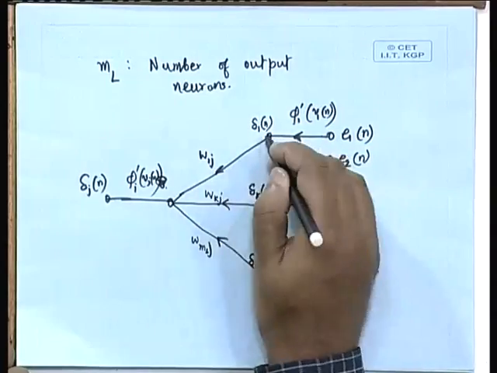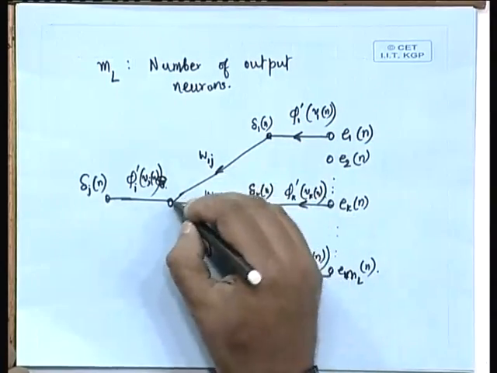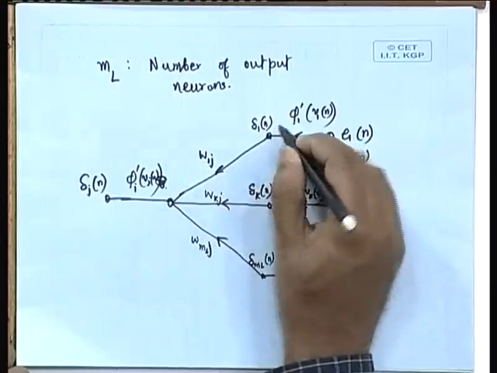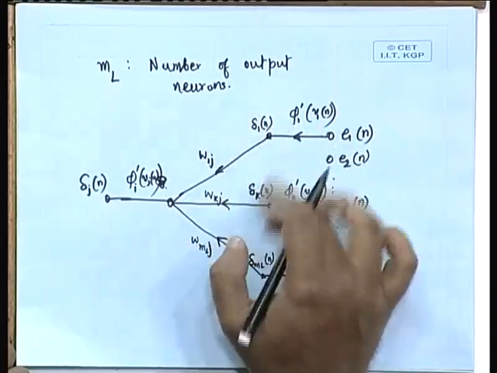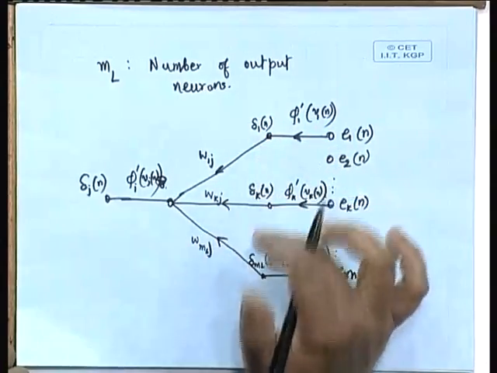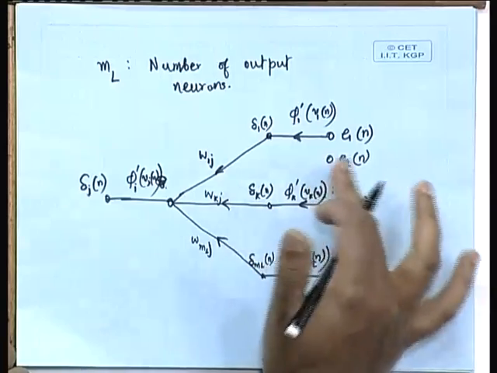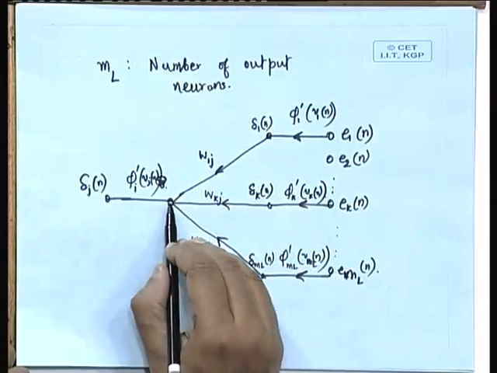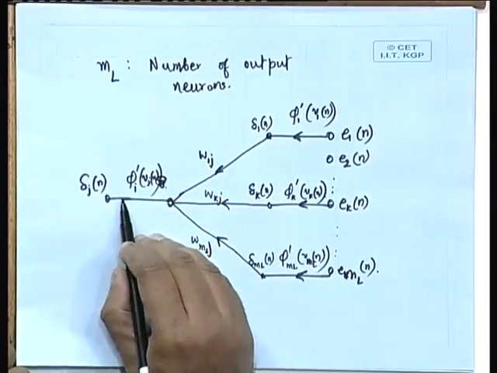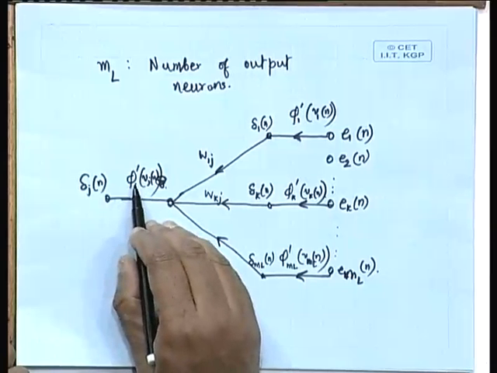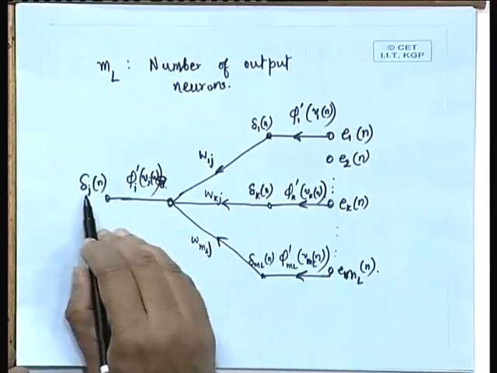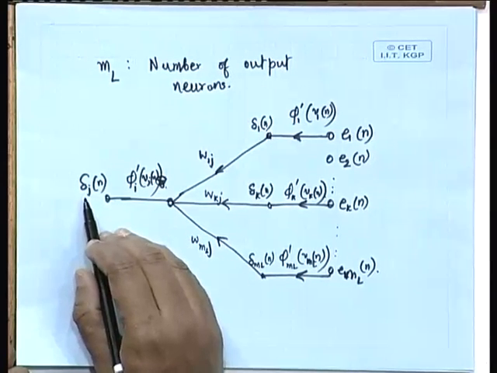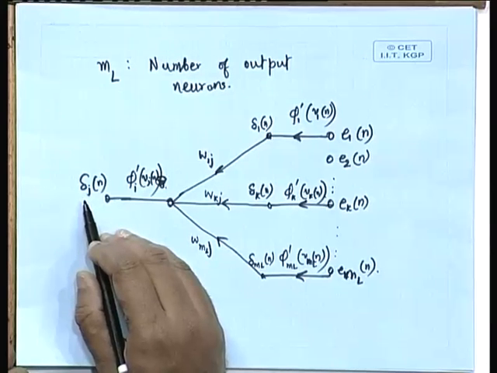So, synaptic weights we are doing the multiplication, getting the sum of all these weighted sums, I mean that is to say sum of delta k WKJs, and then on this summation we operate the phi dash term, and then we are getting the delta J, which is the local gradient of the jth neuron,